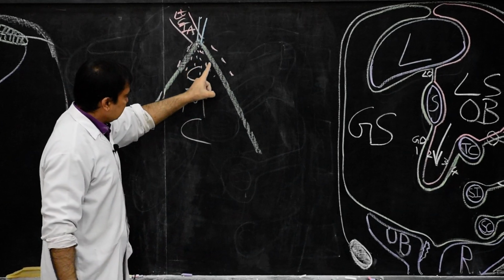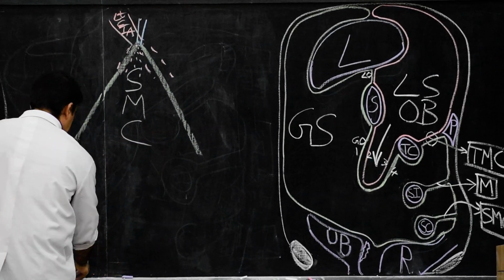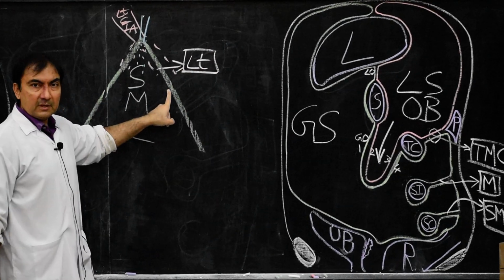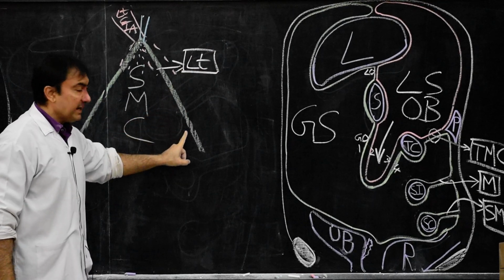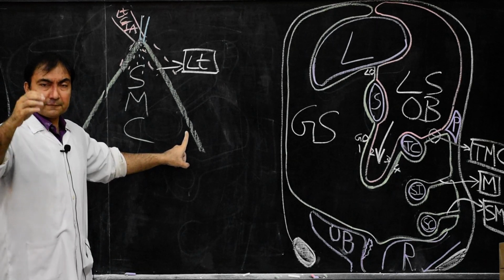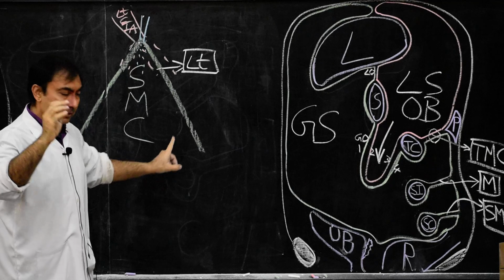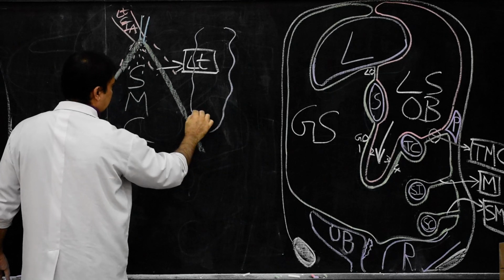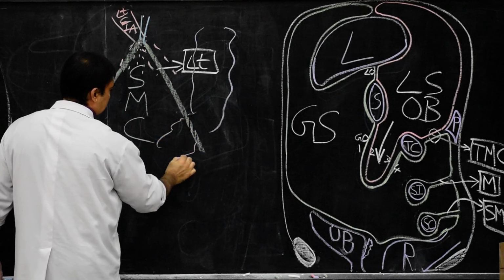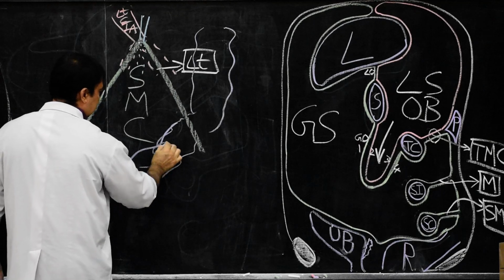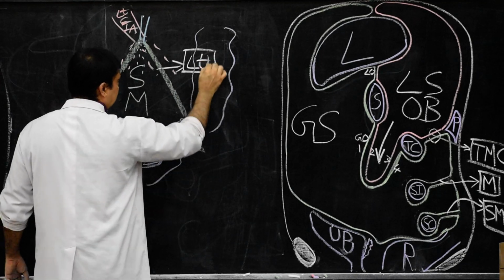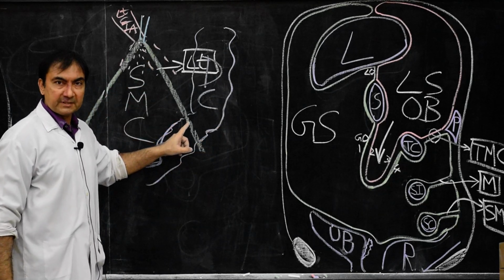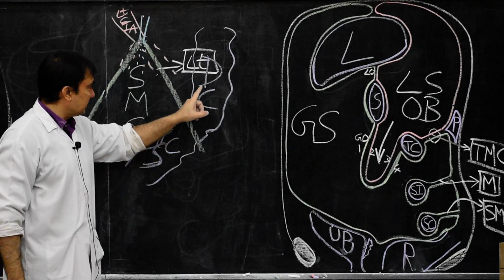Then this is the left limb. Remember, it is the left limb. This is the left limb of the root of the sigmoid mesocolon, which will be attached at the junction of the descending colon and sigmoid colon. So here there will be a junction of, if I draw on this side, the descending colon with that of the sigmoid colon. This is the sigmoid colon and this is the descending colon. So the left limb of the root of the sigmoid mesocolon will be at the junction of the descending colon and sigmoid colon.